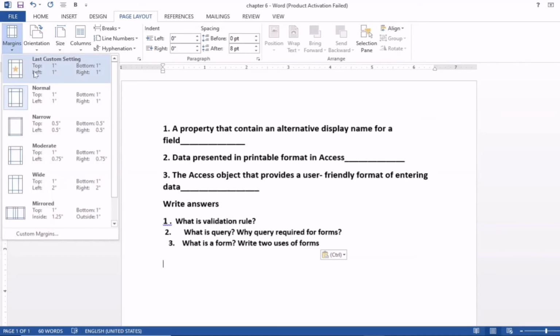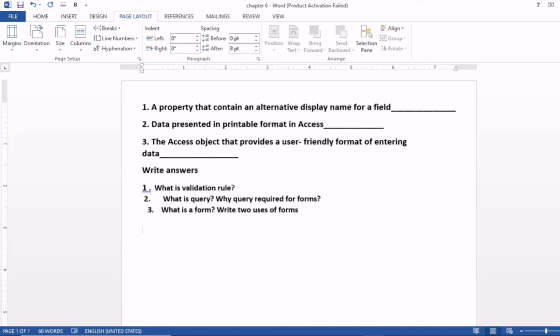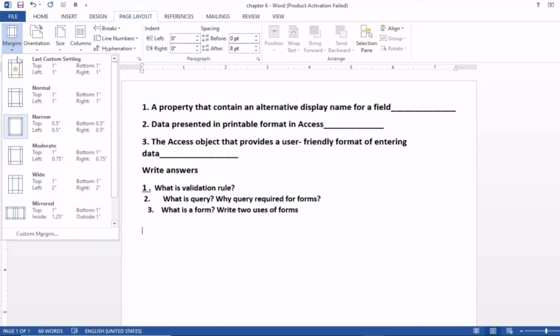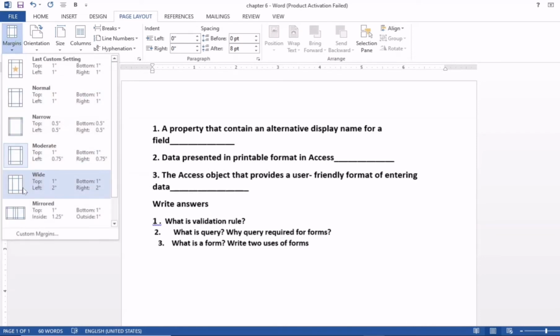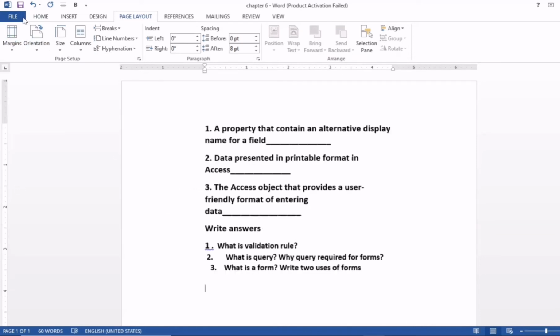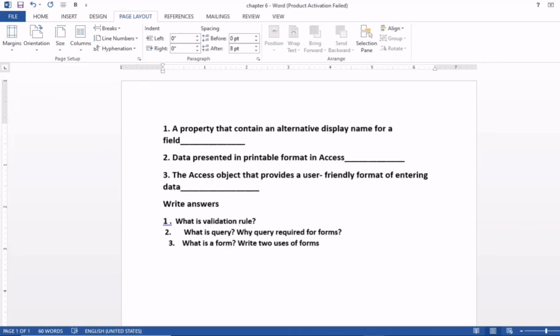When you click on margins, there are different styles, and these are margins of the paper. The first one is normal, then narrow, moderate, wide, mirrored. For example, if I select narrow, you can see the page becomes narrow, and the gap from the outside finishes. And if I select moderate, and wide, it becomes like this. So I select normal this time.